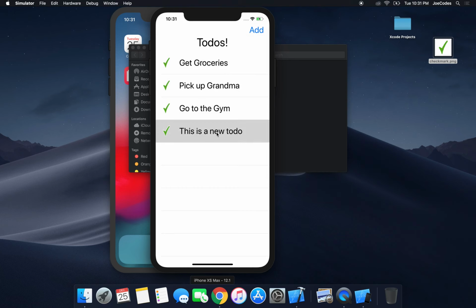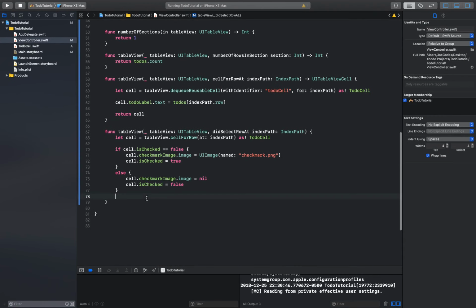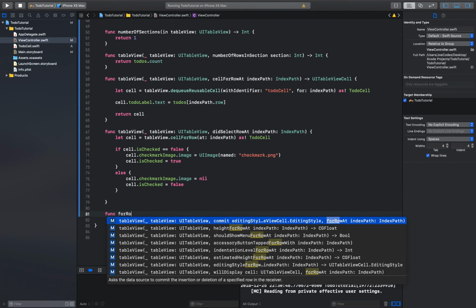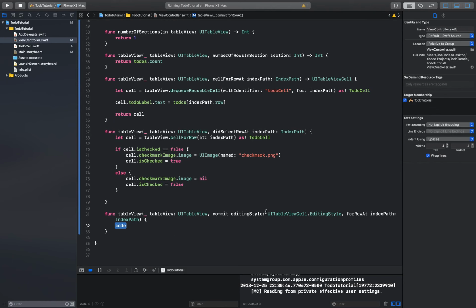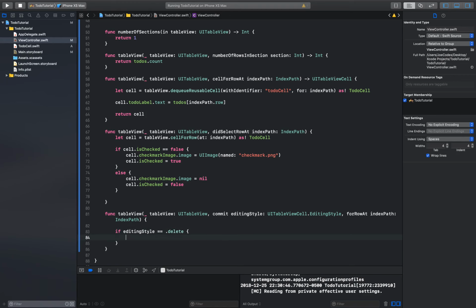And now we just want to be able to delete, so we're going to do it so that you can slide to delete. The way you do that, we'll go down here, and if you type in function and you say for row at, this will pop up. So now you can see there's the table view, the editing style, and an index path. And the editing style by default is .delete. So if you say if editing style equals .delete, we can say